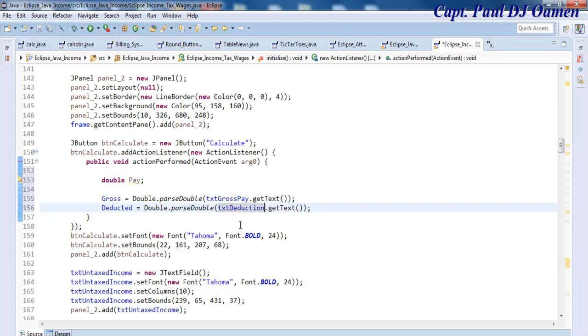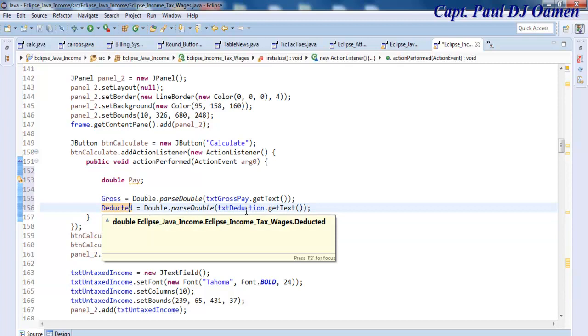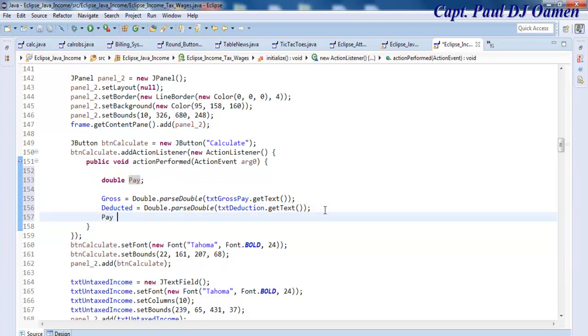Whatever we have inside deduction, we've passed into the variable called deducted, and pay is now going to sort out everything. So come right down here, pay equals we want the gross,